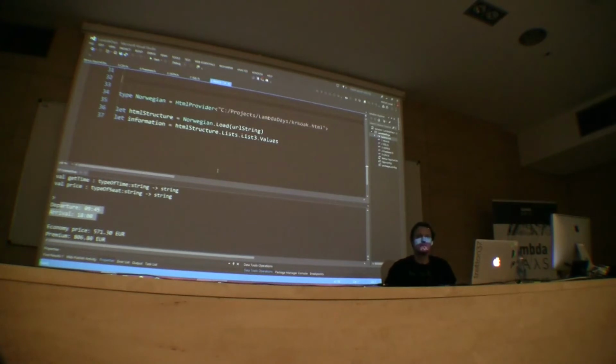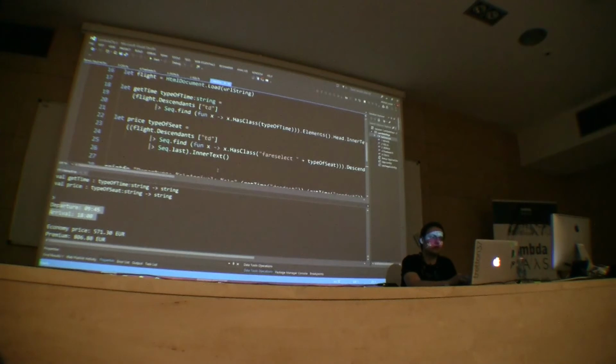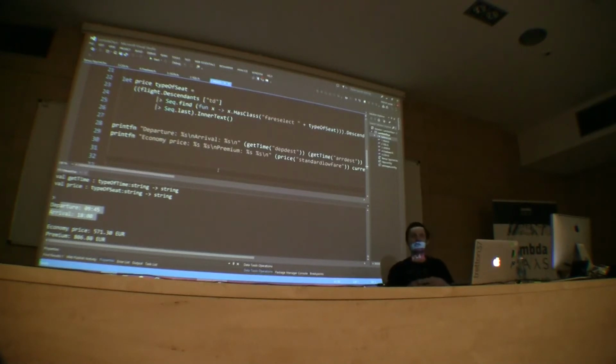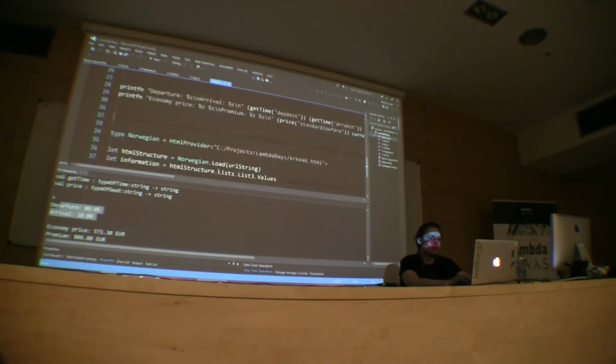I have a question about the code itself. Yeah? It's very dirty code. What exactly is the type provider here? Is it something like after the dot, like dot descendants? No, as I mentioned, I didn't really use a type provider. This is just a package of the type provider. I'm going to go next to the actual type provider.